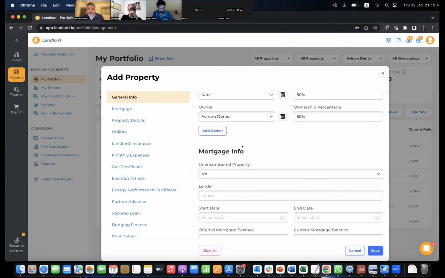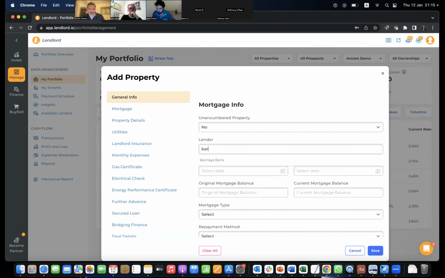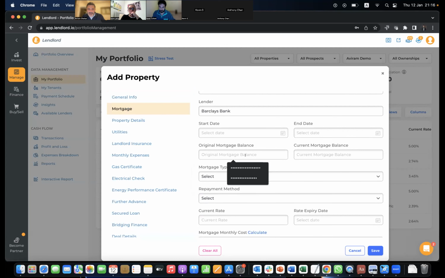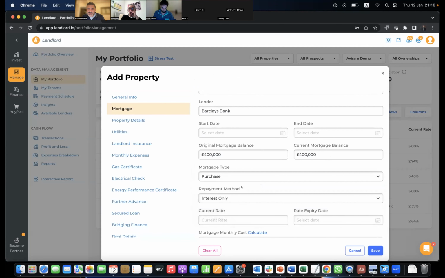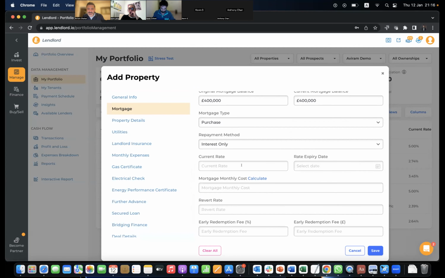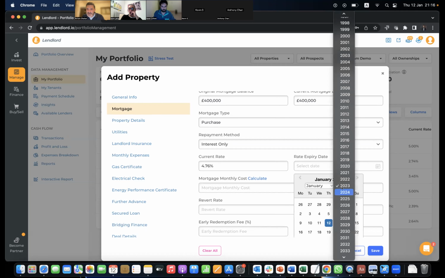Then let's say it's unencumbered property. Who is the lender? I will ignore this for now. Let's say the original mortgage balance was 400 and it's interest only. So it's still 400, the outstanding balance. I pay interest only. The current rate, let's say, is 476. And the expiry date is